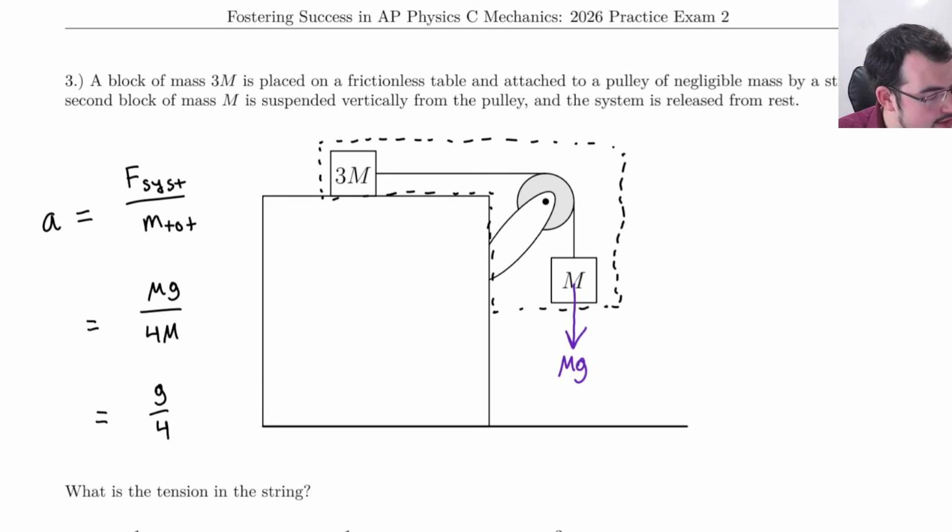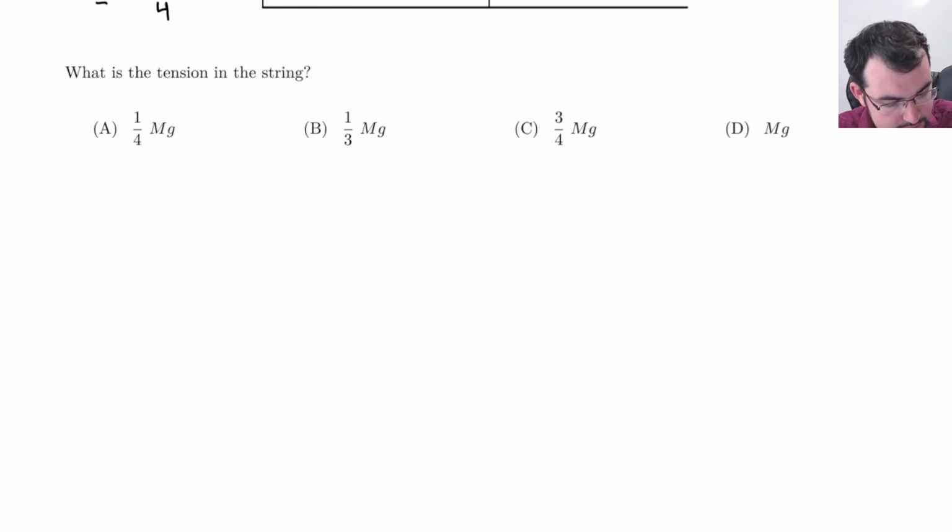So we can pick either of the blocks to use, but it's actually much easier to just use the 3m block, because the 3m block has just its tension force getting pulled to the right, whereas the single block M also has a tension up and its weight. So it's easier just to say that